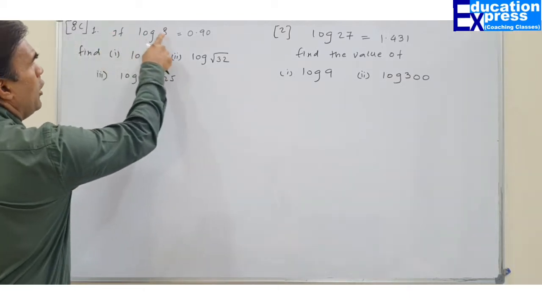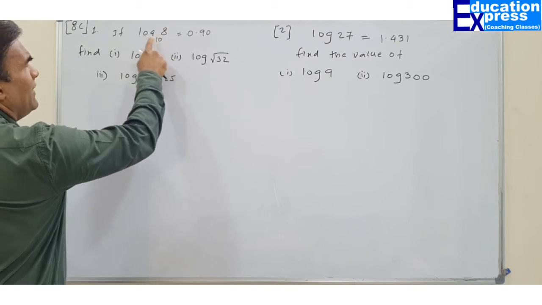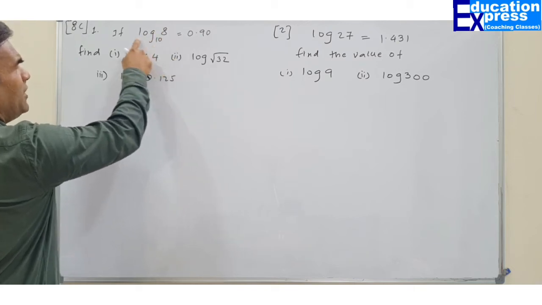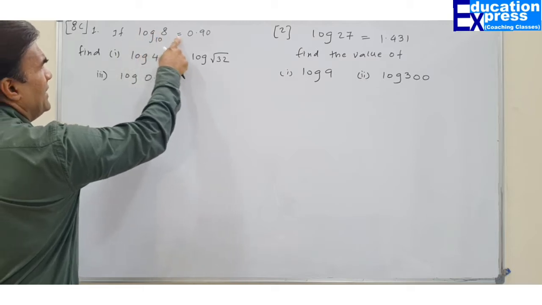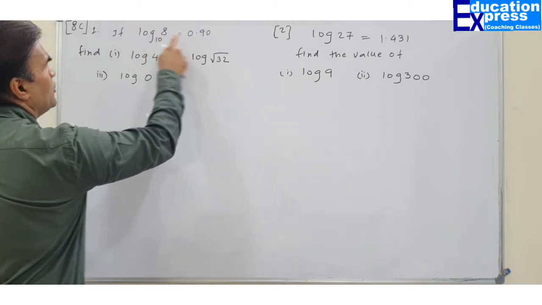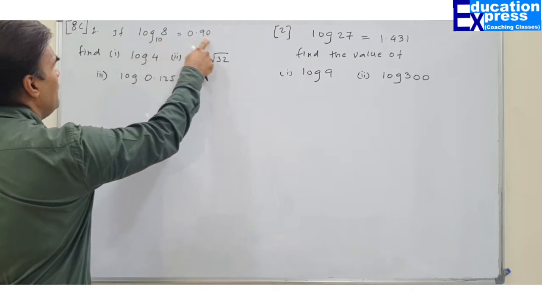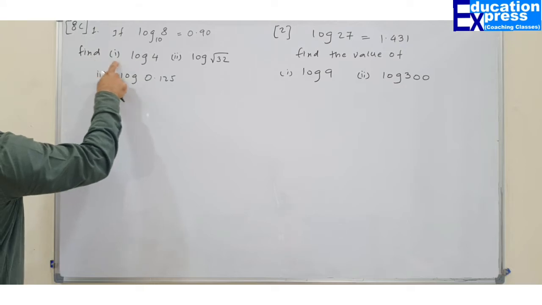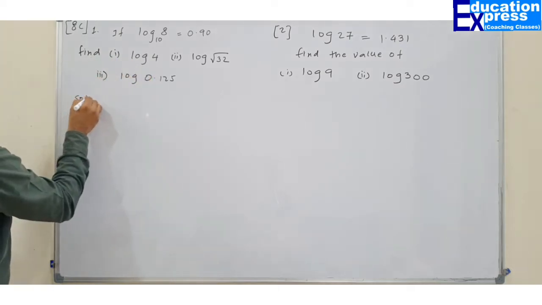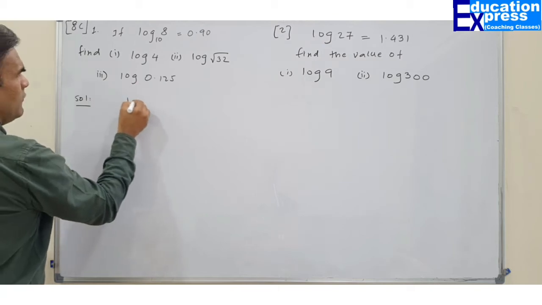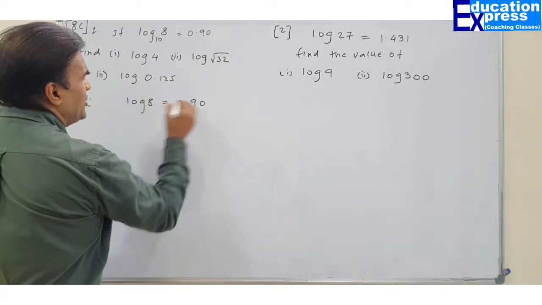If log of 8, now in case the base is not given, it will be presumed to be 10 only. Here the base is given to us. Log of 8 is 0.90. So they have given us the value of log 8 as 0.90. We have to find the value of log 4. Since log 8 is given to us as 0.90,